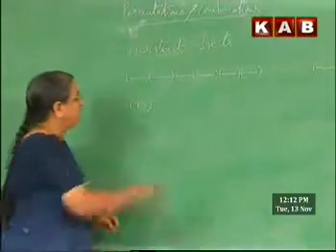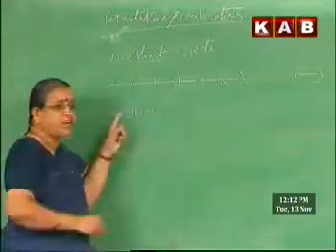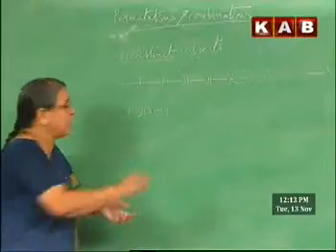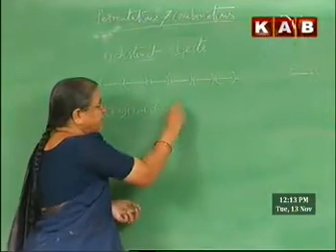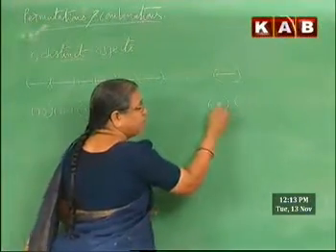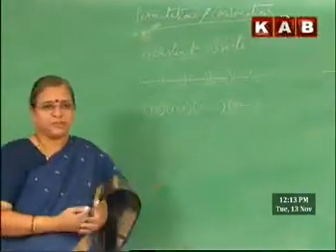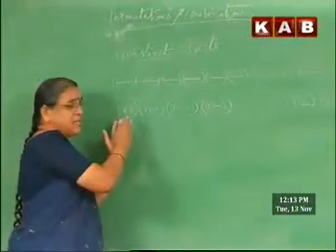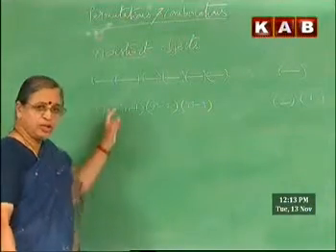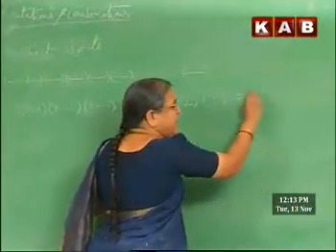Correct? And now, in how many ways can I fill up the second one? N minus 1 ways, because 1 already is used. So, for the second place there are only n minus 1 ways. To fill up the third part, next, and so on. For the last but one, 2 ways. For the last one, only 1. Whichever is left, that is to be kept here. So, what is the number of ways of completing my job now? N into n minus 1 into n minus 2 into and so on 2 into 1. This can be denoted by n factorial.